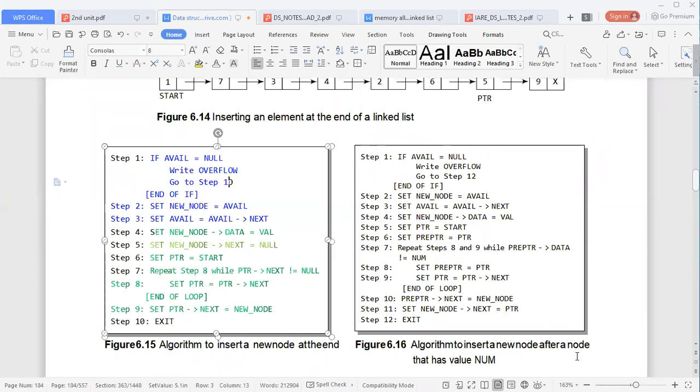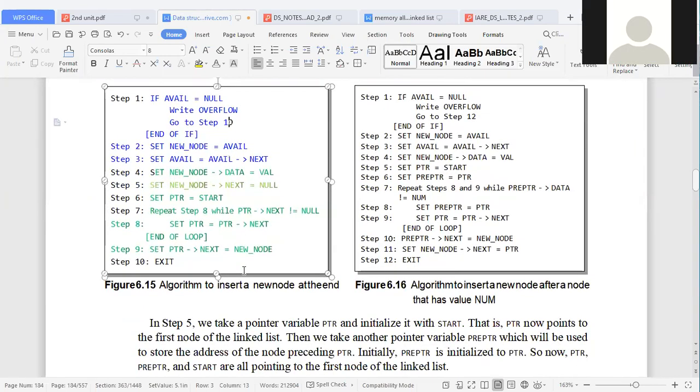Are you writing the algorithm, have you completed it? Roll number 86. Completed, sir. Have you completed the algorithm? Yes, sir.